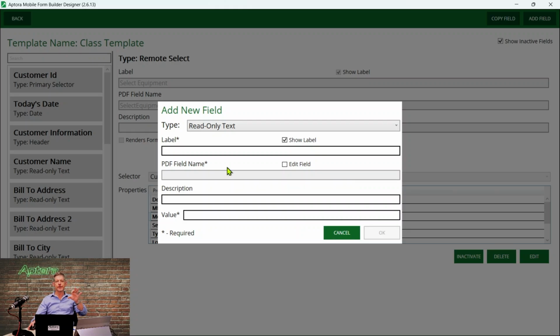them instructions. Now, to be clear, I misspoke. You could populate the PDF if you wanted to with it. But really what it was designed for was giving instructions to the app user where you want to tell them something that's important. So read-only text allows you to just type in